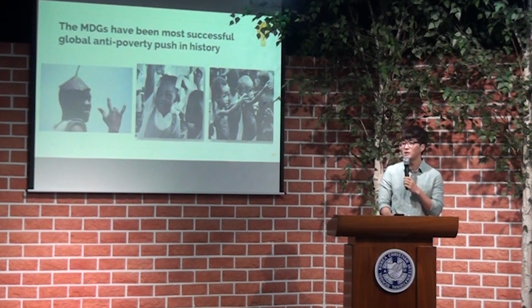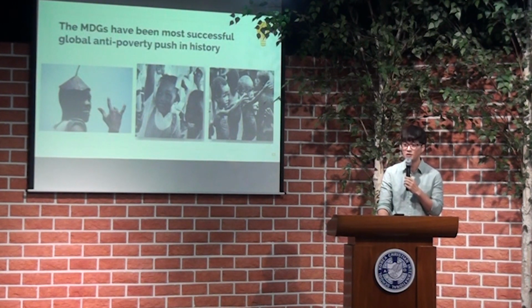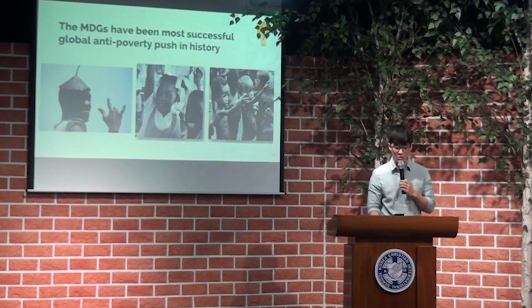So, significant and substantial progress has been made in meeting many of the target indicators by 2010, especially halving the number of people living in extreme poverty. And this goal was achieved 5 years ahead of the deadline in 2010. The deadline was 2015. However, global hunger still remains a big challenge.